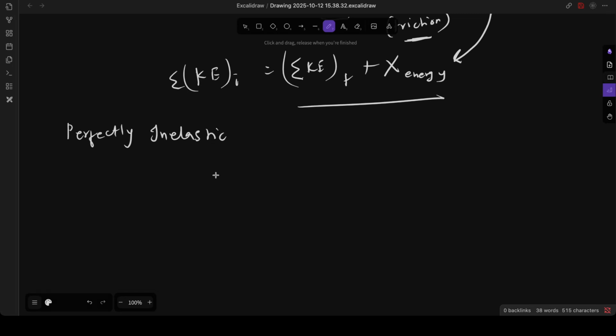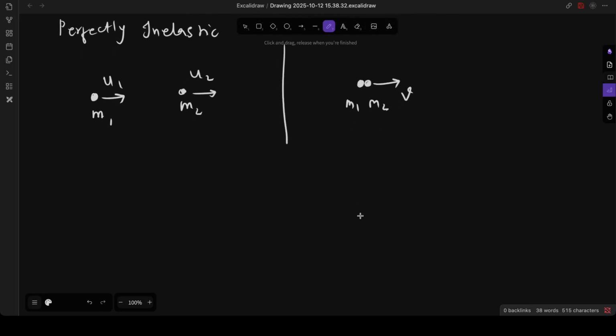When I say perfectly inelastic collision, in this collision what happens is that, suppose you have a body with mass m1 moving with velocity u1, and a body with mass m2 moving with velocity u2. They collide and they stick together. When they stick together, they move with velocity v. Now in this case,